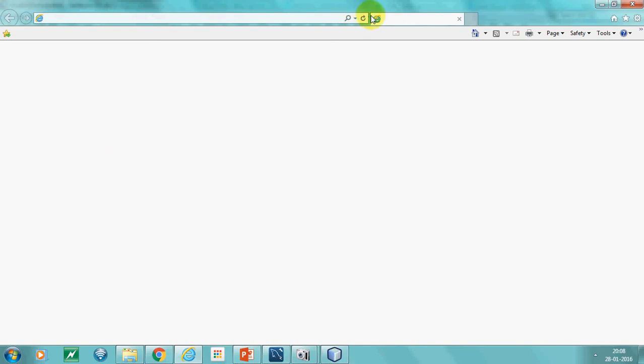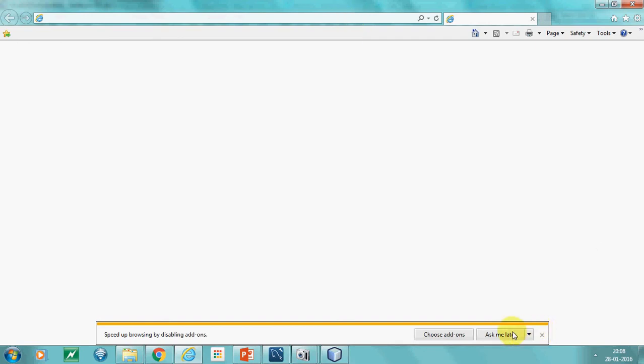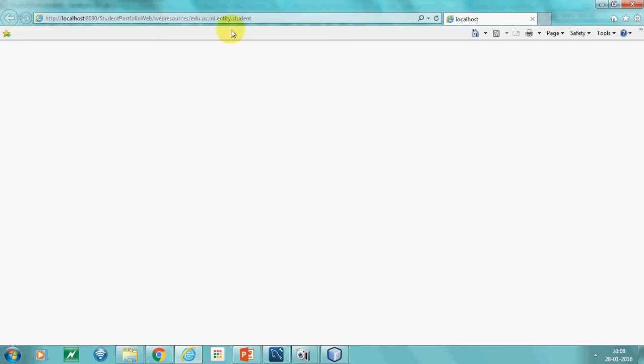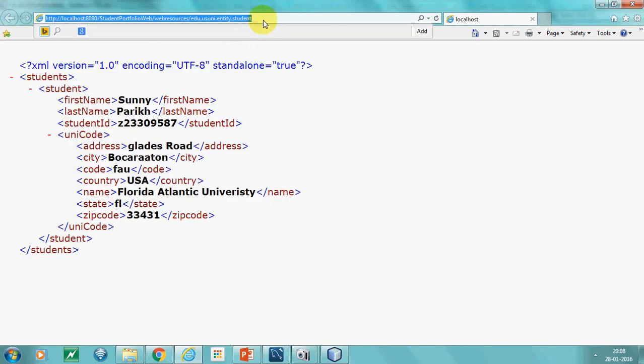We are just testing that RESTful web service. It's executing, it's opening the browser, and there you can see the URI is created, right? The URI is created.